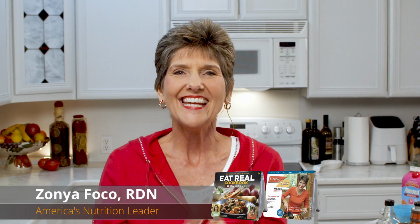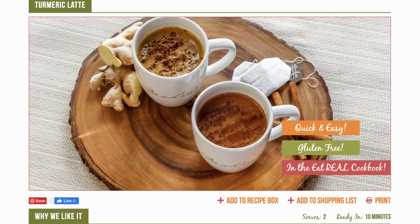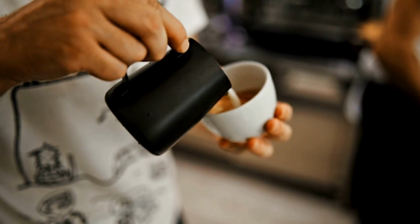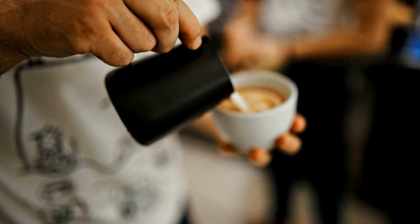The Turmeric Latte is my all-time favorite warm winter drink. It is a huge hug in a mug, and I love to have one of these pretty much every afternoon. It gives me that warm, lovey-dovey feeling with a tiny hint of sweet, totally thwarting off any need for cookies or anything like that. And the amazing thing about this latte is it delivers in each full cup serving a